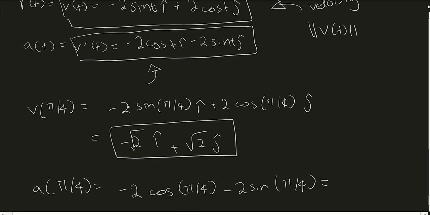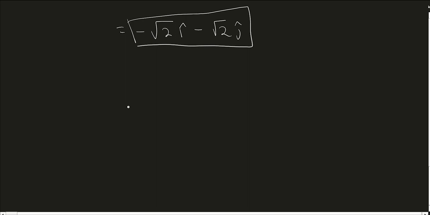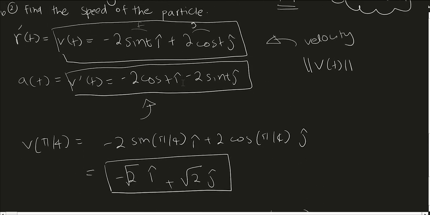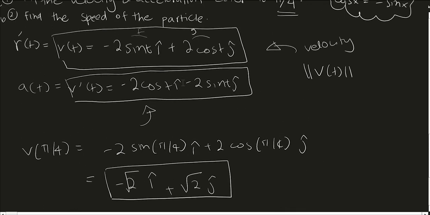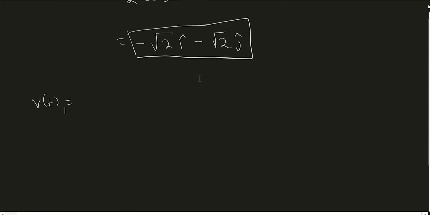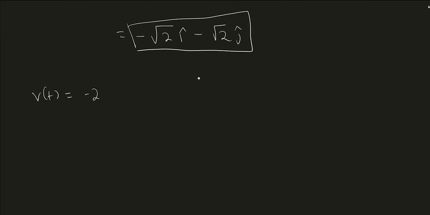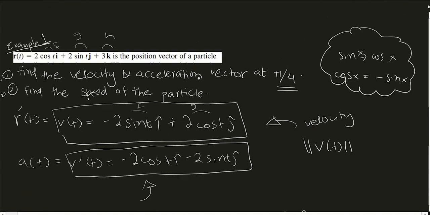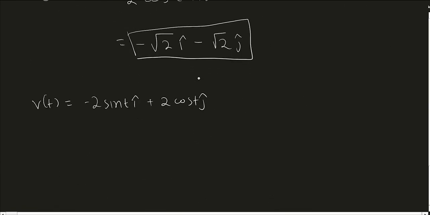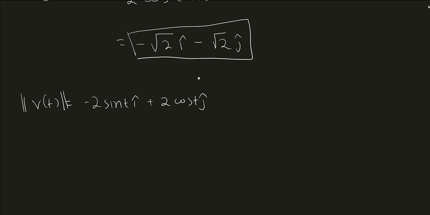So I'm just going to write it at the bottom here. What is our velocity function? Let me scroll up. It is negative 2 sine t i hat plus 2 cos t j hat. Let me verify I wrote it correctly. Yeah. Now taking the magnitude of it, how do we take the magnitude? We square each component, then square root it. So now squaring each component gives us